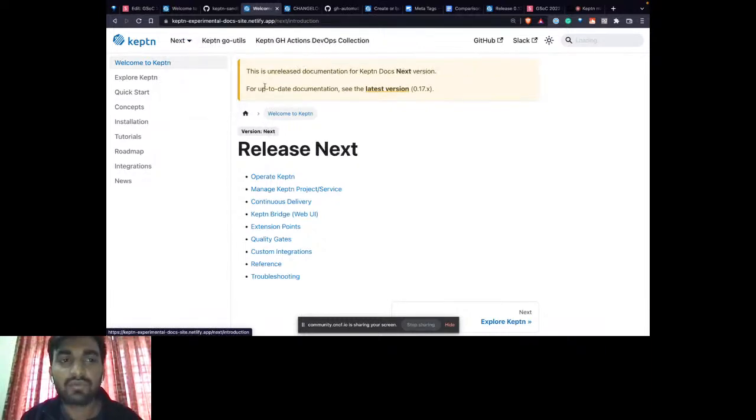sometimes we want to showcase docs which are not released, unreleased documentation. Basically these docs are from the master branch, and we want to showcase them. For that we can also use the versioning support. Next was